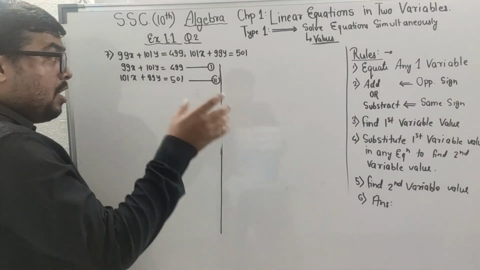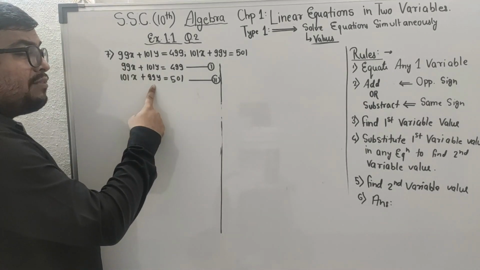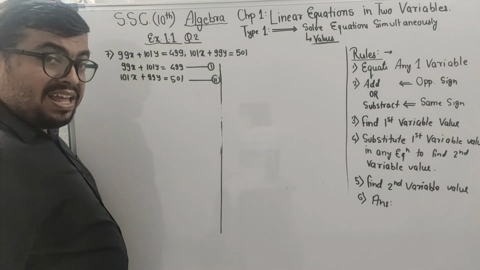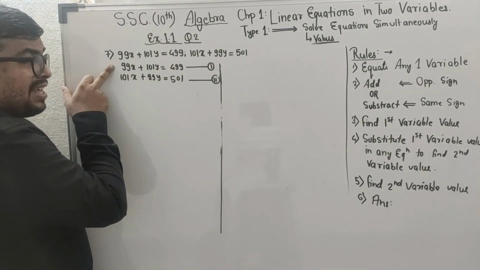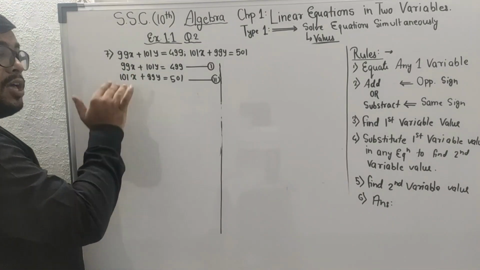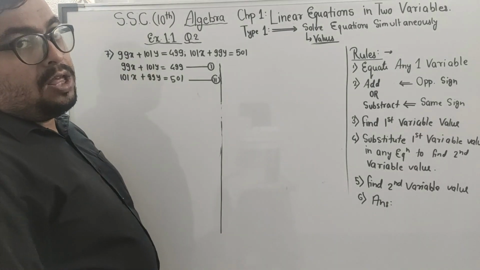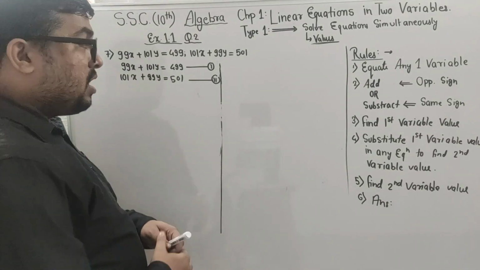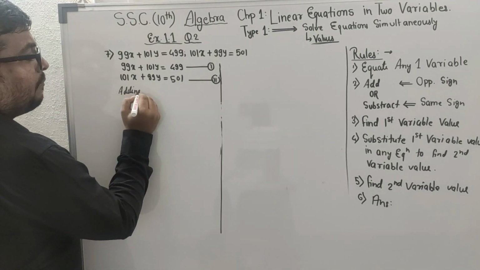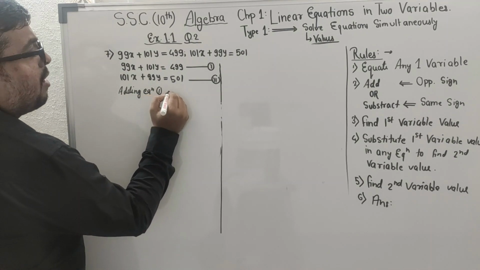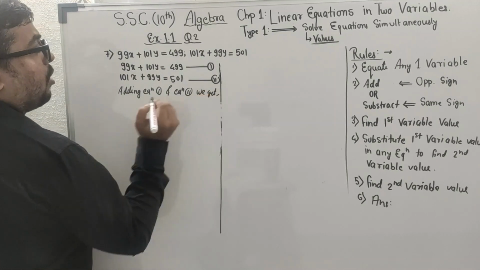So students, if you pay attention over here, the figures 99x, 99y, 101x, 101y are the same. The 99x here is 99y there, the 101x here is 101y there. The numbers are the same in cross. So such questions we will solve in this manner. First we will add both the equations. So adding equation 1 and equation 2 we get,